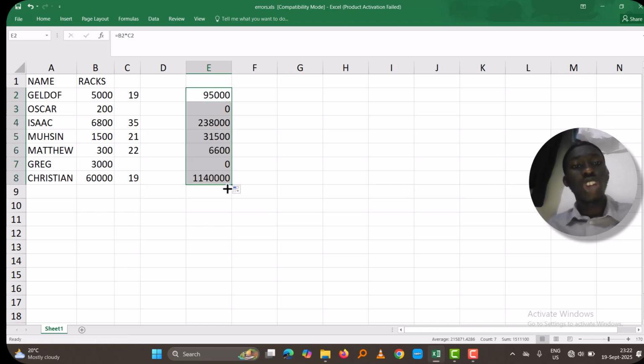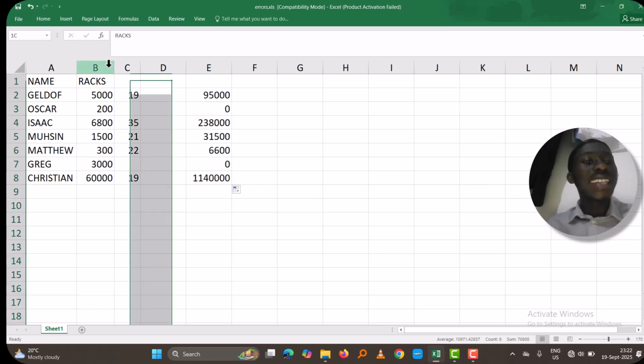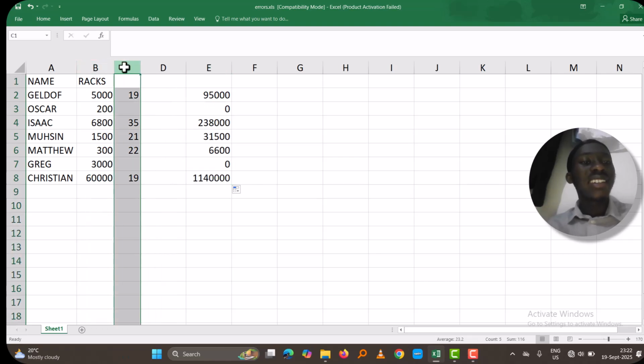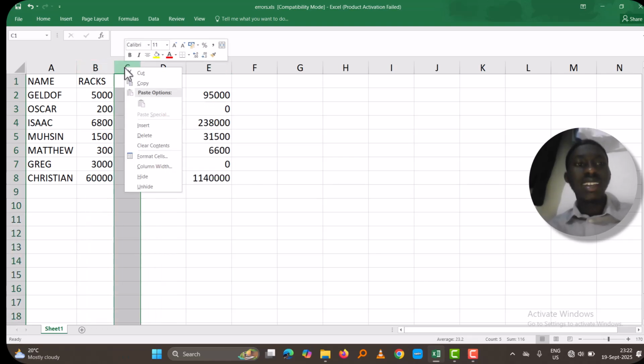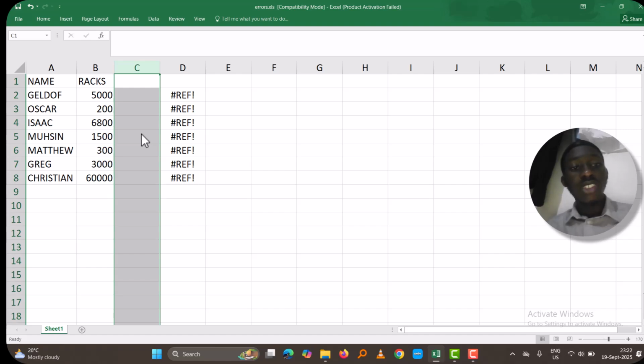But what is going to happen? What happens when I delete a certain column that had cell references that were used in my formula? Let's see what's going to happen. As you can see, that error hash reference REF comes up. Why is it coming up? The computer is trying to tell you that some of the references used in this function,